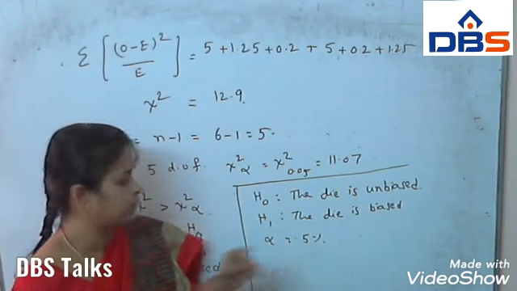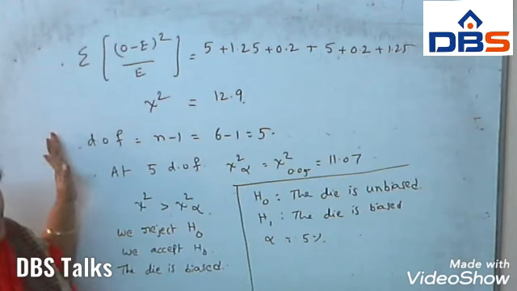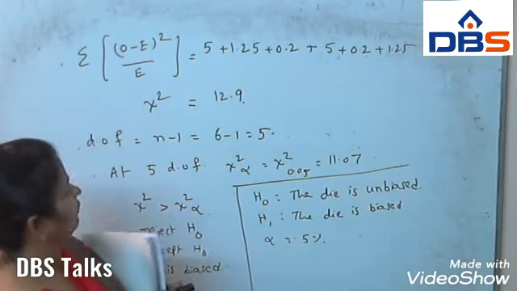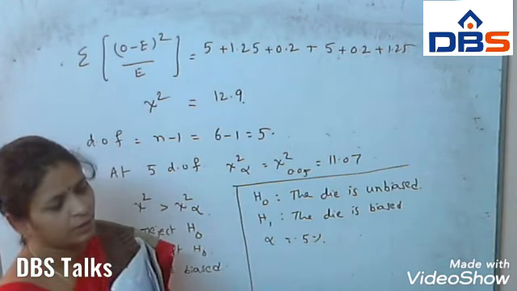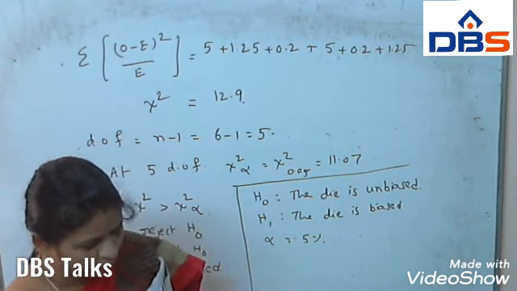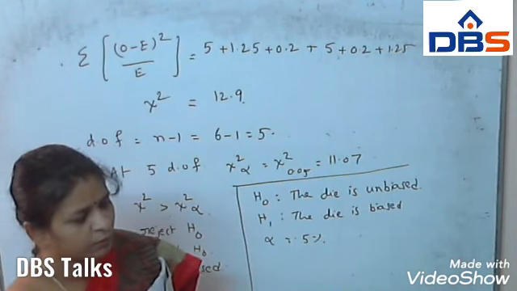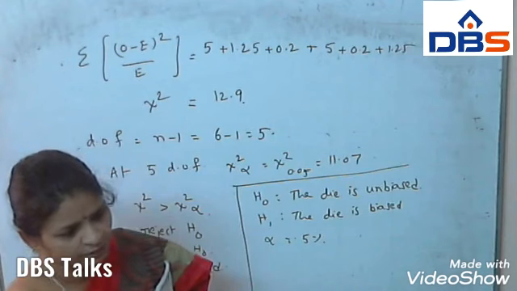Alpha 5%. After that, we have to find the expected values, the theoretical values for each face, for each number. For that, we go to the expected frequency table, E equal to n into P of x equal to x. That is the formula to find the expected frequency for each value. Using that formula, we got 20 as the expected value for each number.